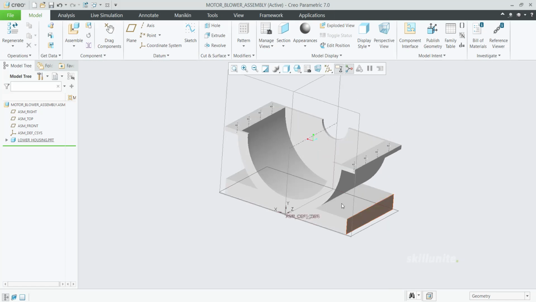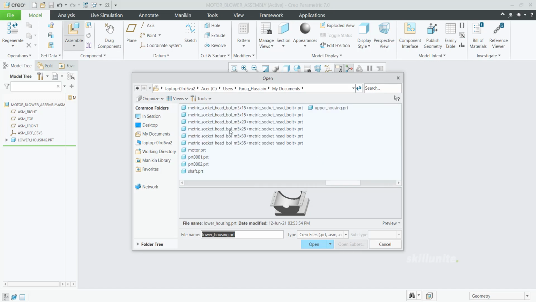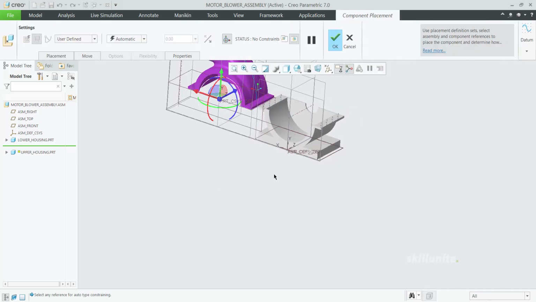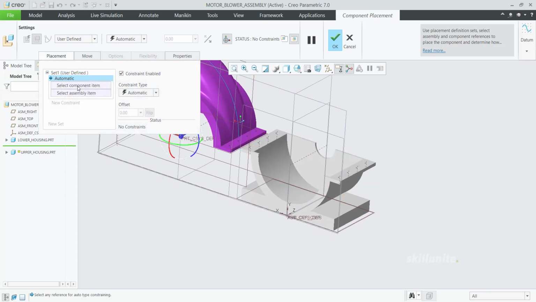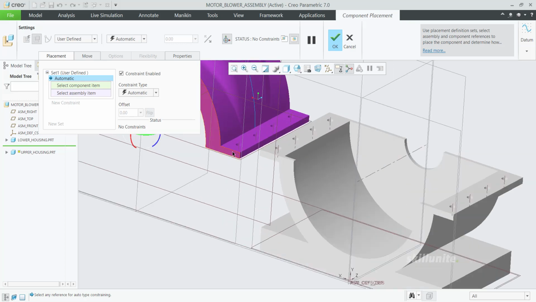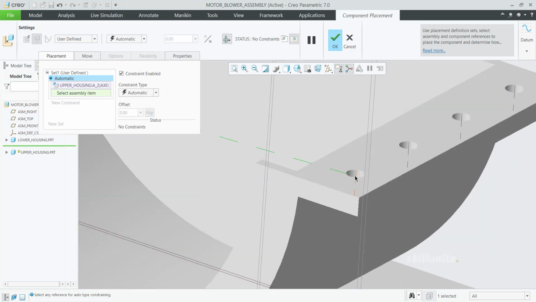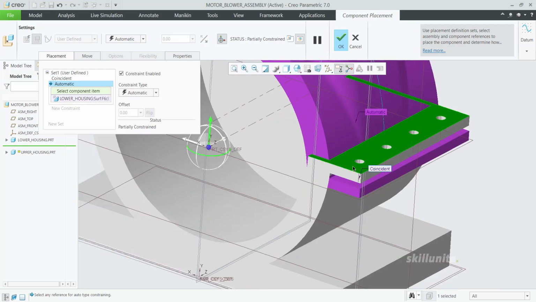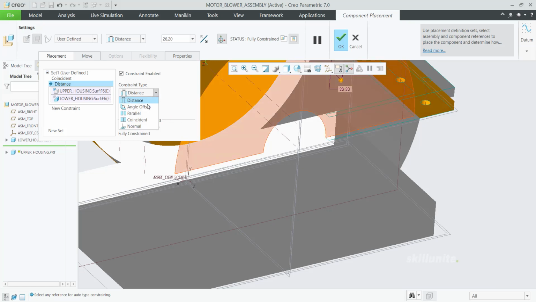Next, we are going to bring our upper housing. Click on assemble, then choose upper housing over here. This is the preview that is showing up. We need to place it over here, so go to placement and click on component item. With respect to this hole or axis and this axis, we are making it coincident first. Then with respect to this face and this component's bottom face, we need to mention coincident